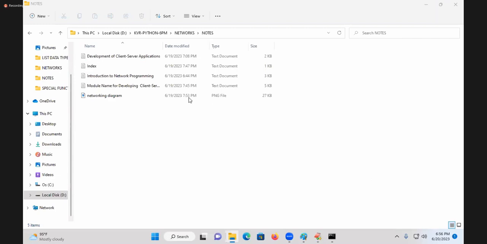Program A, you write. Write a server-side program in such a way that